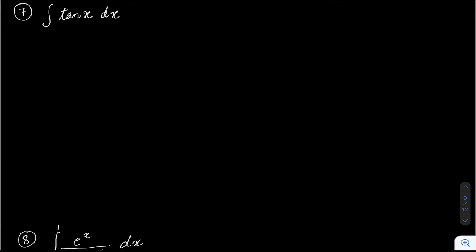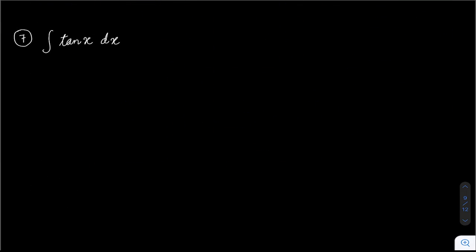Okay, let's look at one more question. Tan x. Now, integration of tan x or integration of cot x, they are similar. So we will do tan x and then similar is cot x. You can do it yourself. So that will be just like your homework. Now you will be wondering, when we have only one function tan x, how will we use substitution, right?